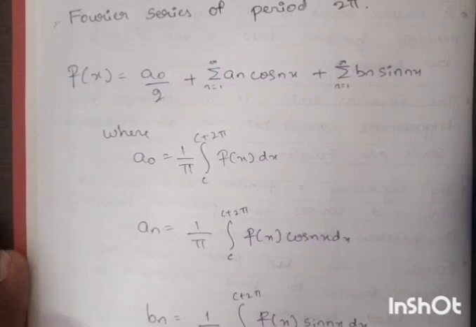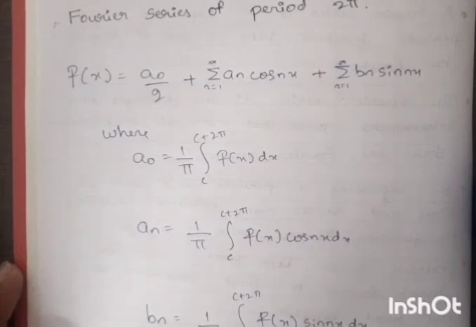So now we'll see how a Fourier series of period 2 pi can be expressed. We can express the function as f of x equal to a0 by 2 plus summation of an cos nx, where n goes from 1 to infinity, plus summation of bn sin nx, n equal to 1 to infinity,